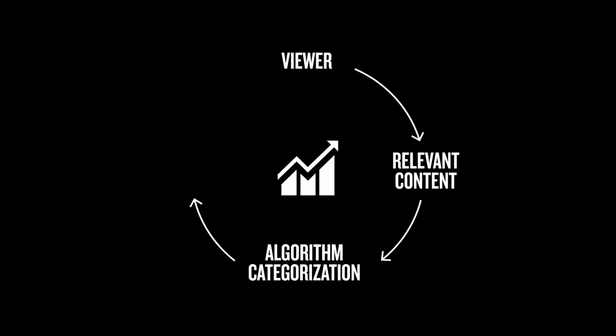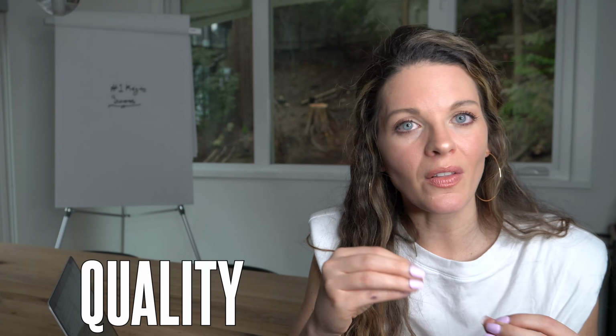When it has that information, it can support you by leveraging its traffic sources. And every single social media platform has internal traffic sources to help you reach more people with your content without you having to do more work. So once the algorithm categorizes you, then it's going to use its internal traffic sources to reach even more of your ideal viewer, subscriber, follower, and clients. And because that really is the flywheel to crack the code on social media platforms, it's important to understand it's all about quality, not quantity.